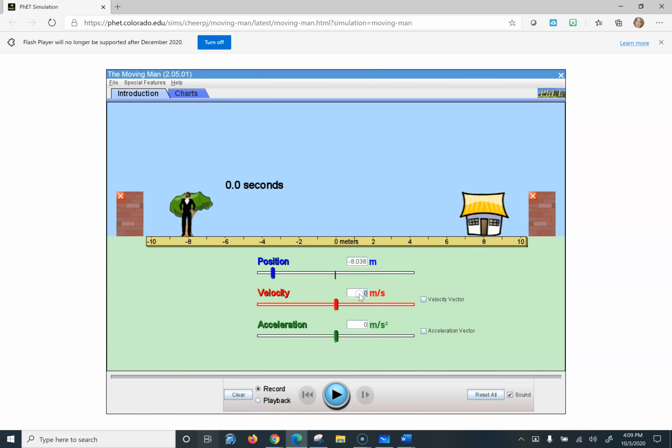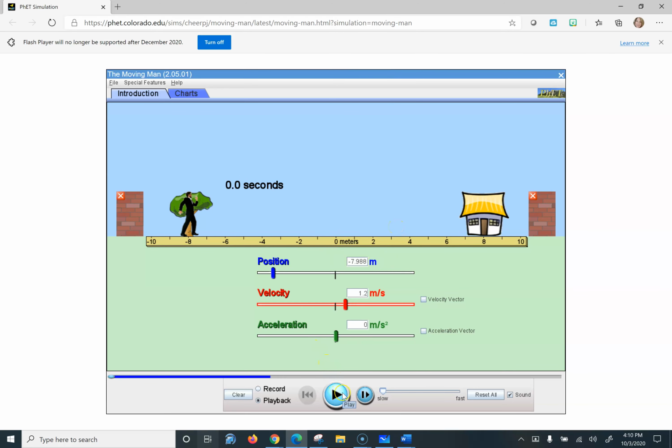And if you want to get him moving, give him some velocity, then hit the play button. It will automatically record, and you can let him walk for however many seconds it tells you. Once you hit that, if I had a time for 7 seconds, I just hit pause, and now you click on playback. You're going to be asked to collect data, so you want to switch it all the way to slow so that you can read his position